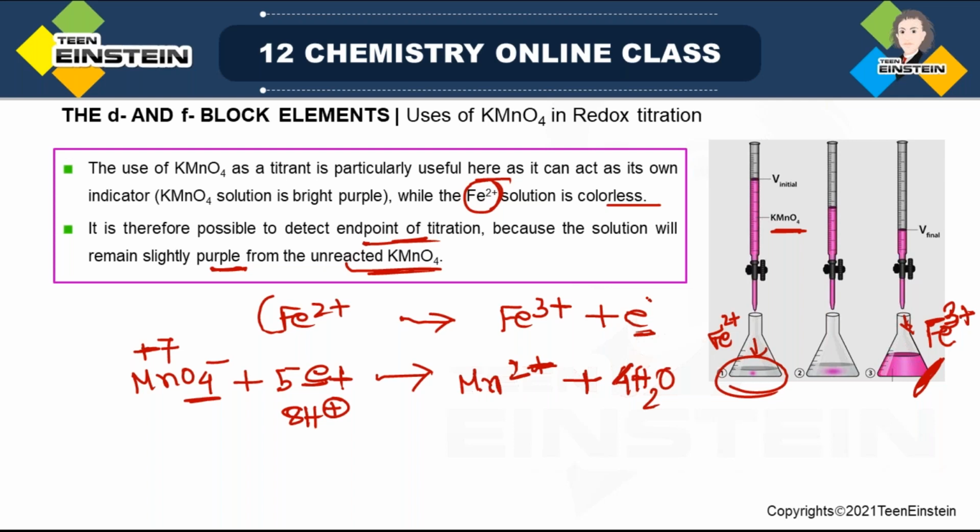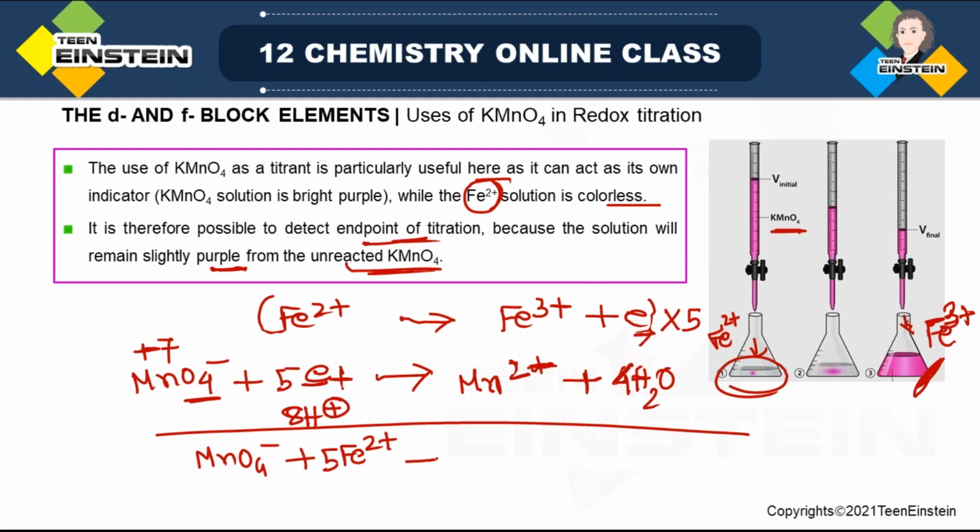So what we'll do, we'll multiply this with 5. And then we will add these two equations. So it will be 5 Fe2 plus going to 5 Fe3 plus 5 electrons. And if you add this, on both sides the 5 electrons will be cancelled. And the remaining equation will be MnO4 minus